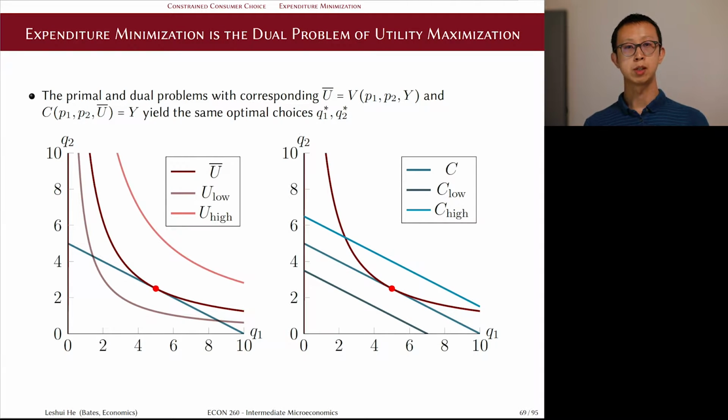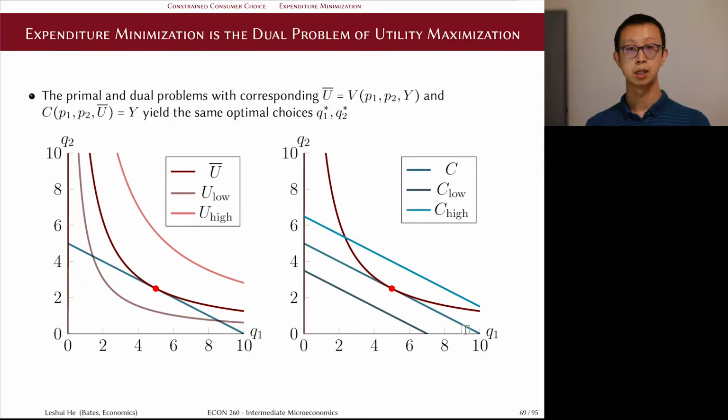In the previous video, we discussed the expenditure minimization problem as an alternative model for the consumer's choices. And we showed how this model is closely related to the utility maximization problem. In particular, we discussed the graphical solution to the expenditure minimization problem, where the expenditure minimizing consumption bundle is just this tangent point along this desired indifference curve that is tangent to some straight expenditure curve, where the slope is just determined by the price ratio of P1 over P2, or the marginal rate of transformation, just like a budget